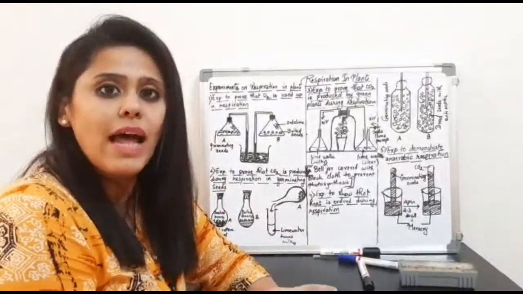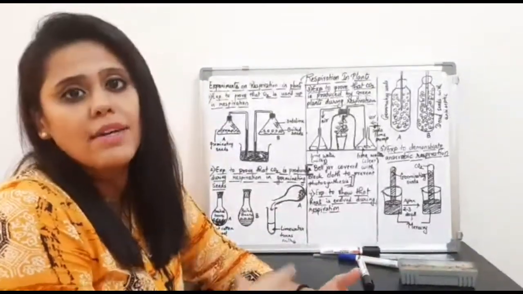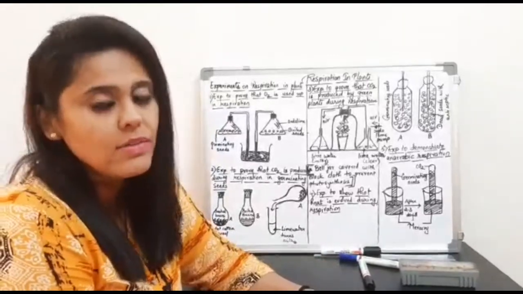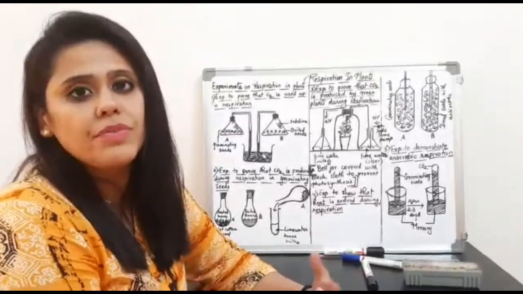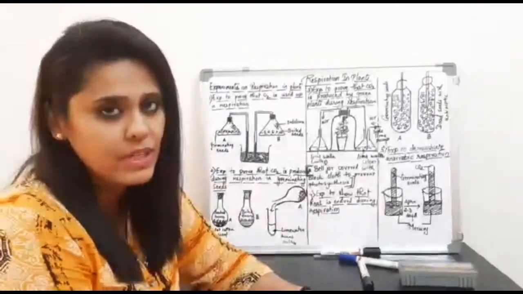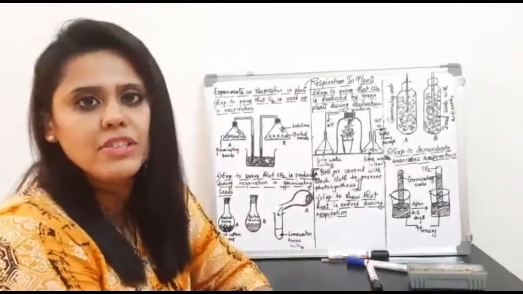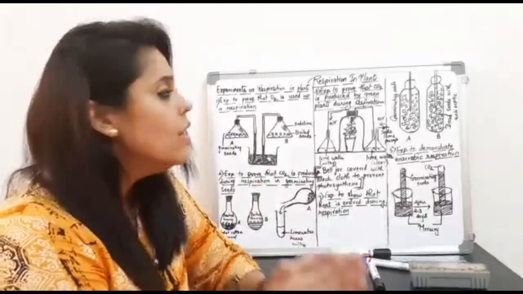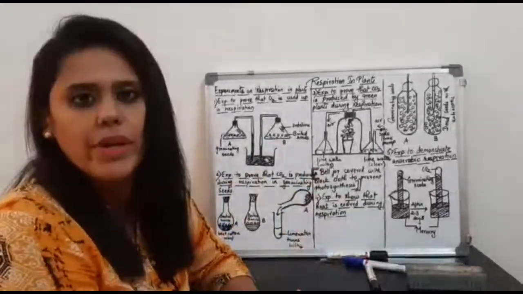We got to know that it is the entire plant body that respires. Also about the two different types of respiration, that is aerobic and anaerobic respiration, and also the differences between both of them. Okay, in today's slide what are we going to learn?